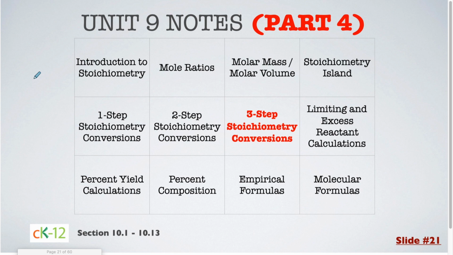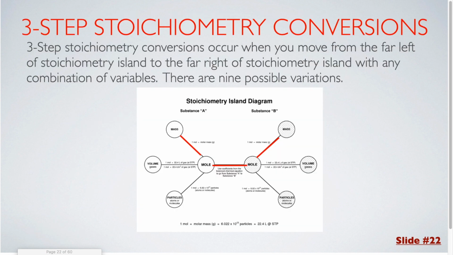This is part 4 of the Unit 9 notes. In this video, we are going to be covering 3-step stoichiometry conversions. 3-step stoichiometry conversions occur when you move from the far left of stoichiometry island to the far right of stoichiometry